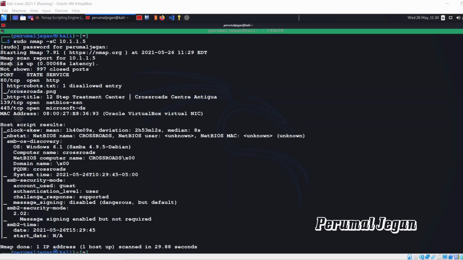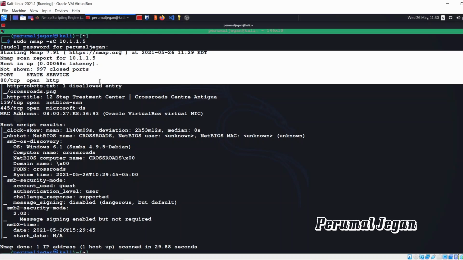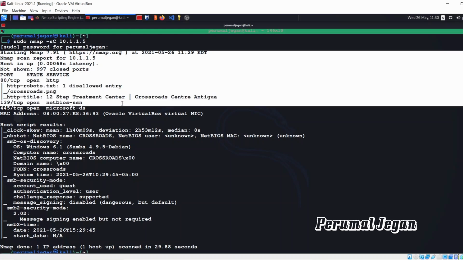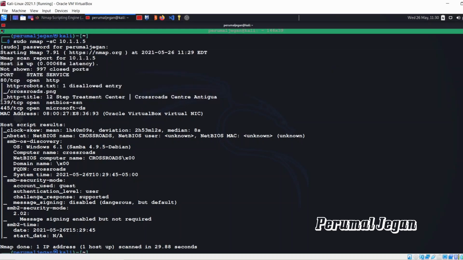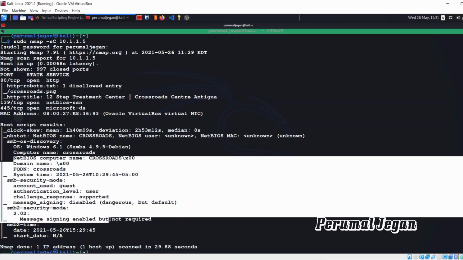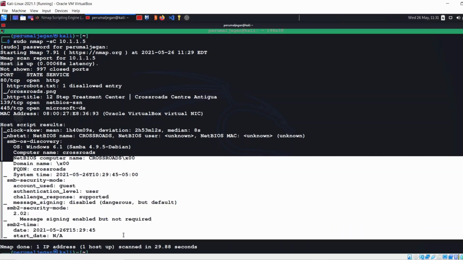Here we got the results. You can see how insane the Nmap scripts are. It gives the complete details that you want. It gives each service except the version. For version, you can add the -sV here, and then the operating system and the service and its version is simply excellent to use.